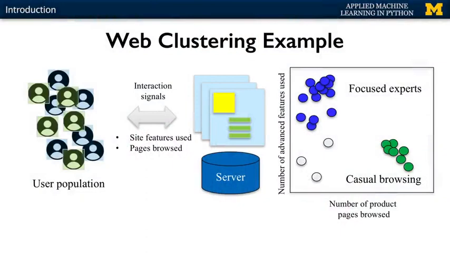Here's an example of an unsupervised method called clustering. Suppose you're in charge of running a website that allows people to buy products from your company, and the site gets thousands of visits per day. As people access the site by clicking links to products or typing in search terms, their interactions are logged by the web server that creates a large log file. It might be useful for your business to understand who's using your site by grouping users according to their shopping behavior. For example, there might be a group of more expert users who use more advanced features to find something very specific, while another group of non-expert users might just enjoy browsing a broader set of items.